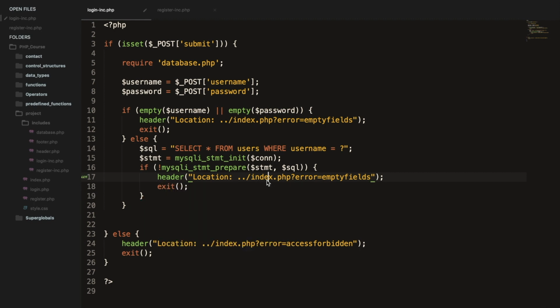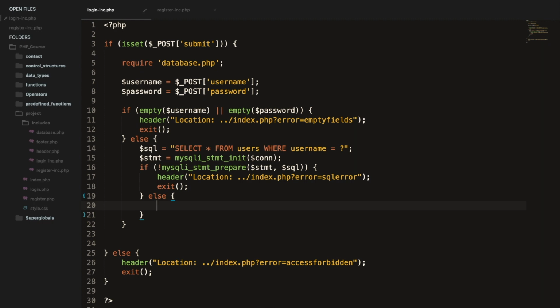And let's return the user back to the index page, so the home page. And the error message is SQL error. Let's create an else statement, because what we want to do if the information matches is to grab the information